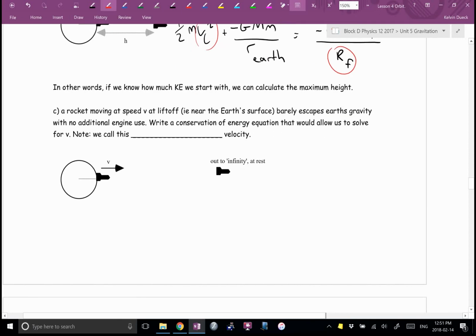We can also have a rocket moving at a speed v at liftoff near the Earth's surface, but it barely escapes the Earth's gravity with no additional engine use. So now we're escaping the Earth's gravity. Write a conservation of energy equation that would allow us to solve for v. Note, what did we call this when you got away from Earth's gravity? What kind of velocity did we call this? Yeah, so we call this